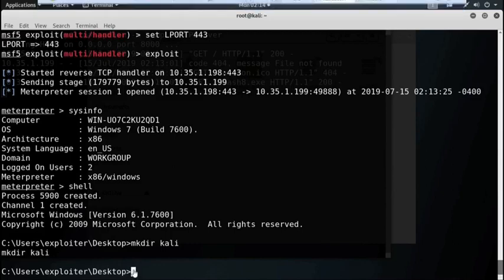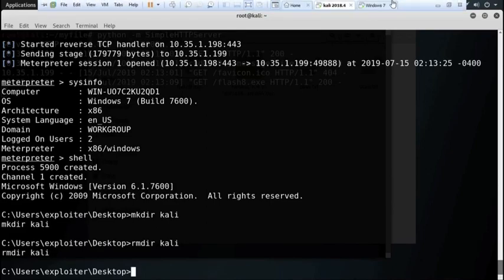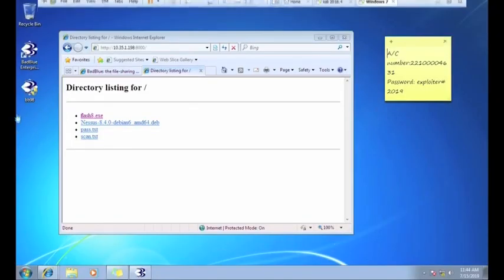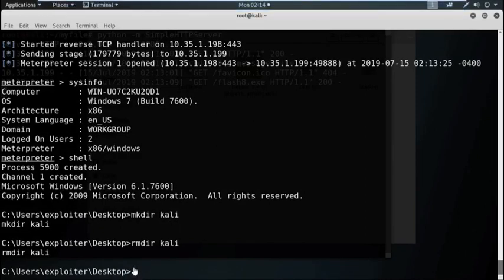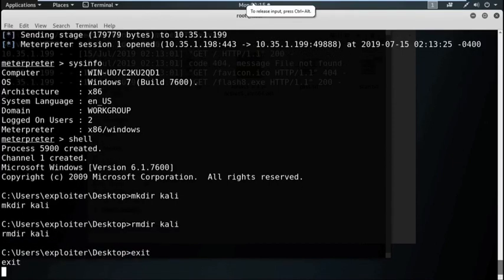Now, suppose I want to delete this particular directory. And see, it is already deleted. Wow! Now, to go back to the Meterpreter session, we can use the command exit. If you use the exit command in the Meterpreter session, it will basically close the session with the target machine.